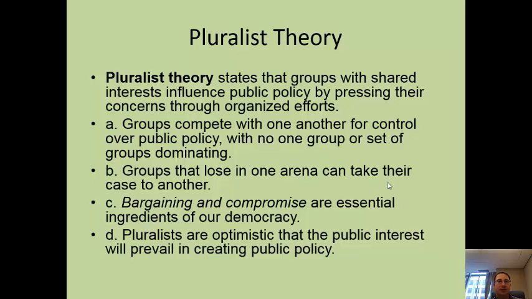So for instance, think about AARP, which is the retired person's, the elderly representative group. An elderly person on their own may have some money, right? But usually they're not going to have a lot of political power to lobby their state legislature or Congress to get what they want or policies that would favor their age group or their interest. Now, assume that same elderly person joins with millions of other elderly persons in the country and forms this group called AARP. Well, now all of a sudden, if everyone chips in $1, you've got $1 million to lobby